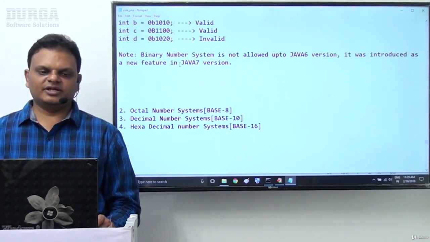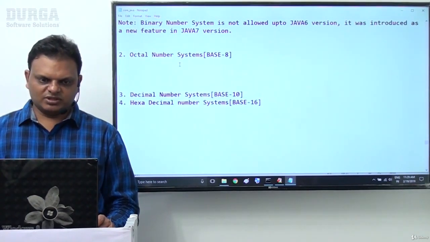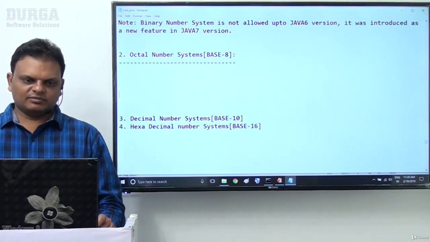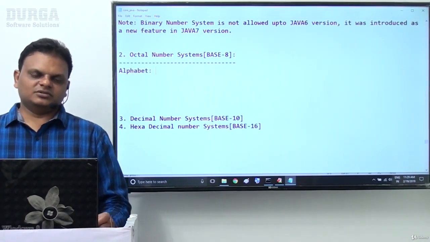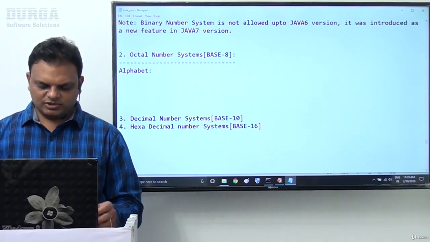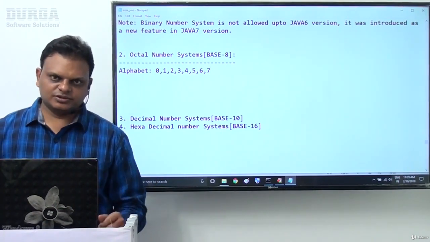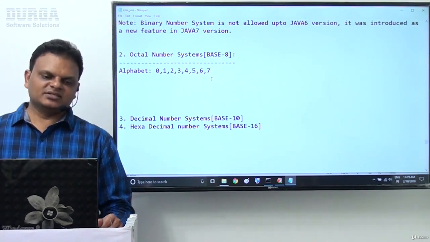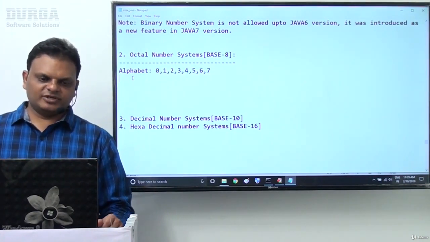In this video we are going to continue with the remaining number systems. After this, the next number system is the octal number system. For the octal number system, what is the input alphabet? That means which numbers are allowed inside the octal number system. The octal number system allows the numbers 0, 1, 2, 3, 4, 5, 6, 7. That's enough. 8 is not allowed. Even though the base 8 is there, the digit 8 is not allowed. Why? Because it starts from 0 up to 7 only. Eight input alphabet symbols are available.